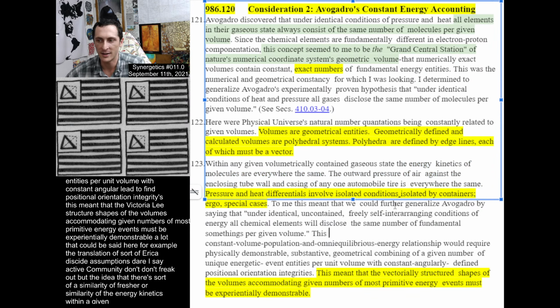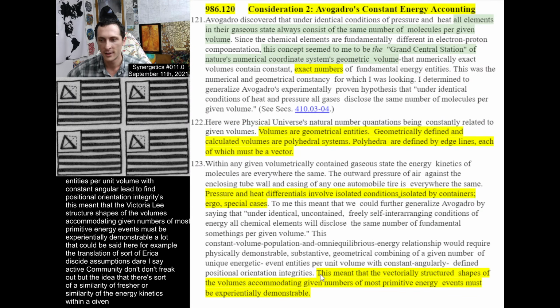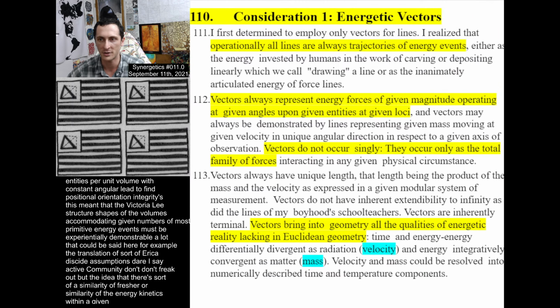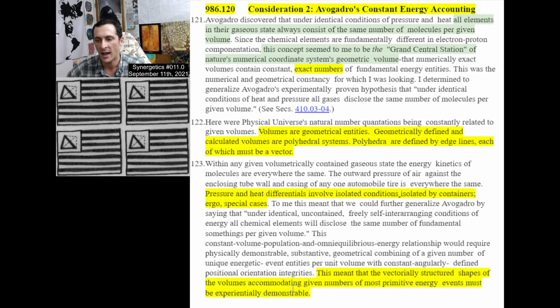Another piece that's nice to note is that Bucky's generalizing Avogadro. So we're not just talking about pressure and volume of gases, but maybe that if we allow this sort of identical and independently distributed, IID, if we allow that to be the case, there'll be the same number of somethings. What is that something? Well, whatever it is, it's going to be definite. It's going to be physically demonstrable and substantive and geometrical. Just like we talked, it has to be geometrical if there's volume and real matter getting involved. That means that the vectorially structured shapes of the volumes, so again, the edges are energetic because if it has volume, it has shape. And if it has edges, it has energy, it has these energetic vectors, first consideration. And that means that any given number of the